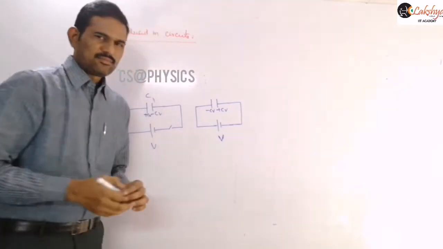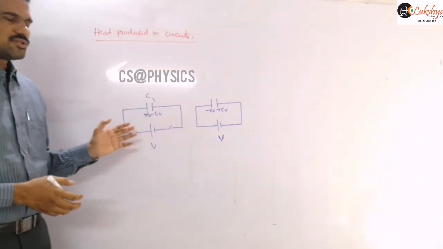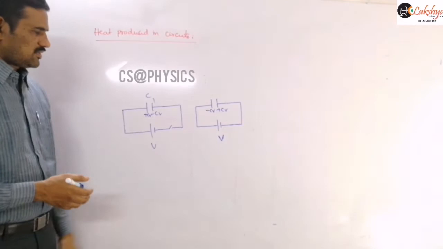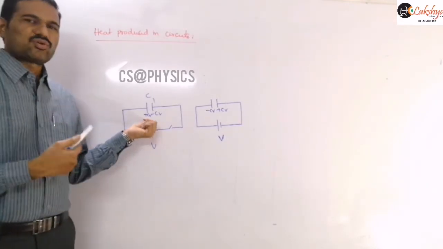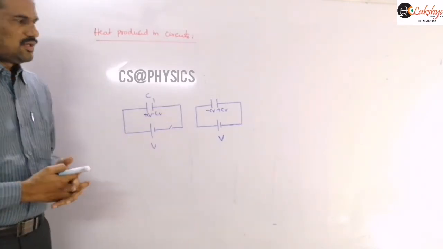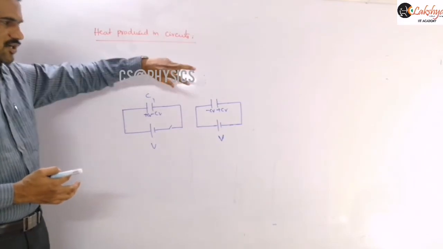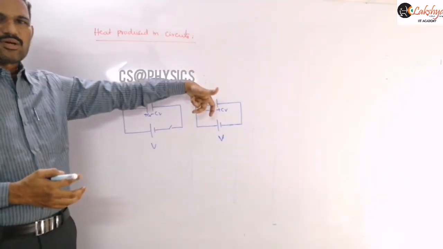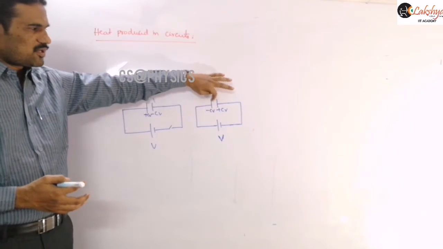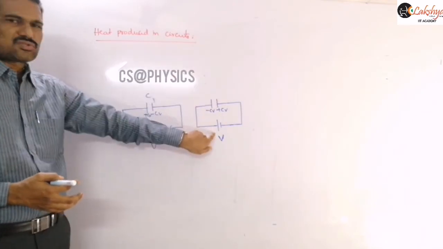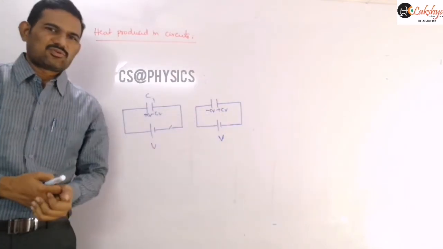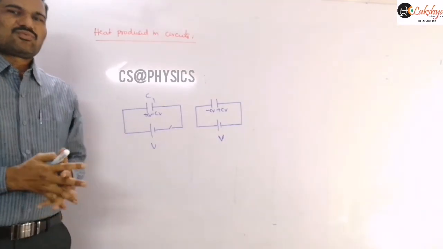So is it clear? Now this capacitor is charged here by using this cell. Now we know that the initial charge stored on it will be CV. Now we are removing this capacitor and reconnecting it to the same cell with the reverse polarities. So the negative plate is connected to the positive terminal and the positive plate is connected to the negative terminal. Then generally, can you say what will happen?